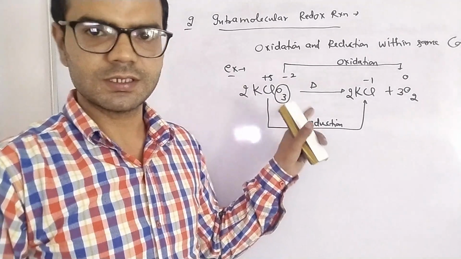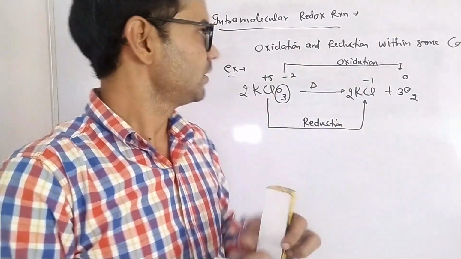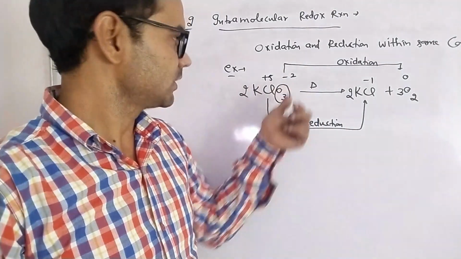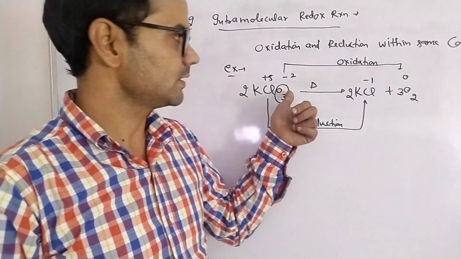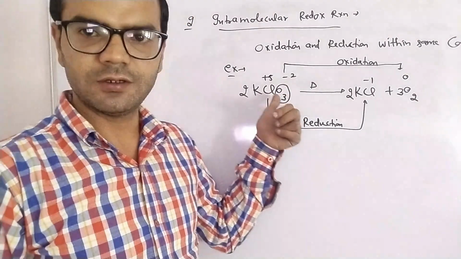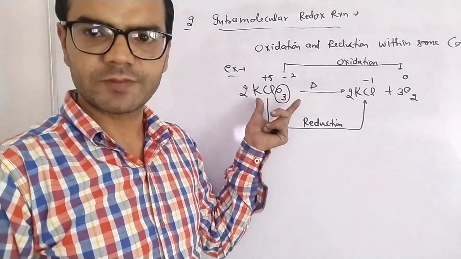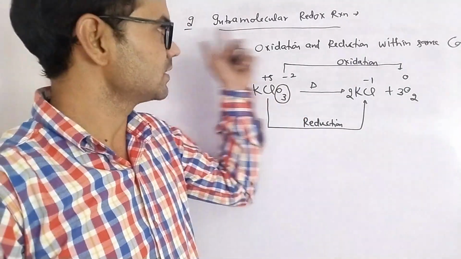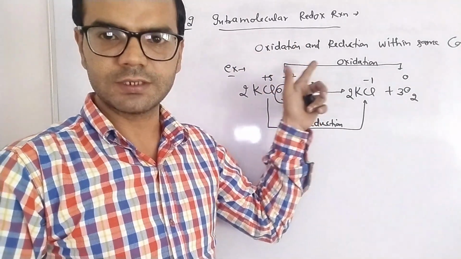So this is an intramolecular redox reaction, oxidation and reduction within the same compound. Oxidation of oxygen takes place and reduction of chlorine takes place, but the compound is the same. Two different elements, but the compound is the same. This is an intramolecular redox reaction. Third type is